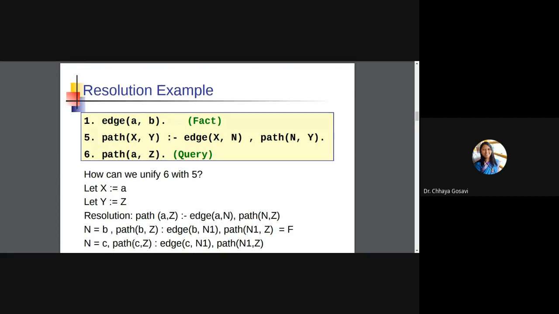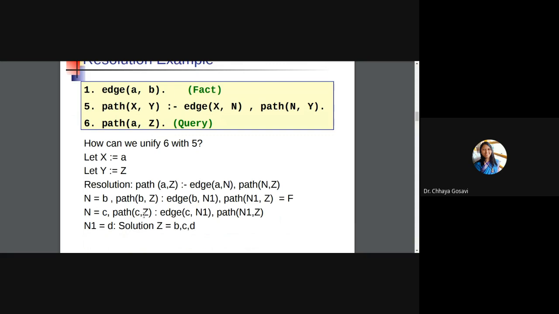And is there a path from C to Z? Again, for this path from C to Z, it will call this equation again. It will check whether there is a path from C to N1 and a path from N1 to Z. So it will return the solution as D, and the values for Z will be A, B, C, and D.